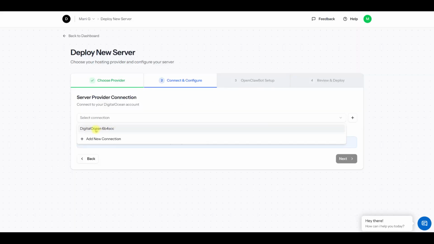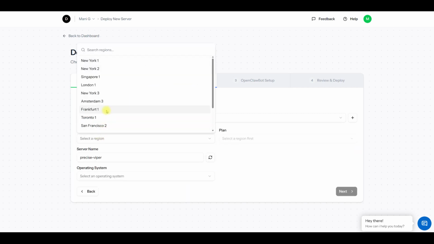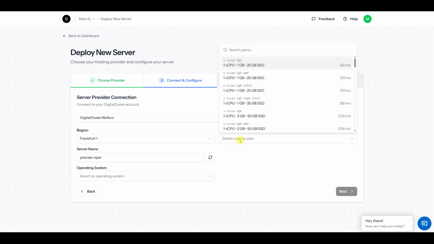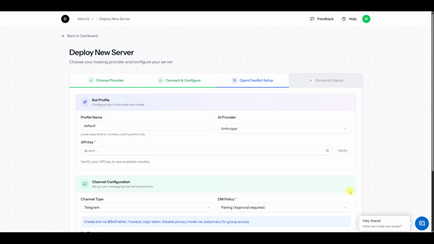As I already connected my DigitalOcean account, I can just select that. I click on the region and select whichever region you want. It is recommended to select at least 4 GB, but for the demonstration, I'm selecting 2 GB. Click on next. So here you're going to set up your first agent, the bot profile, wherein you will select